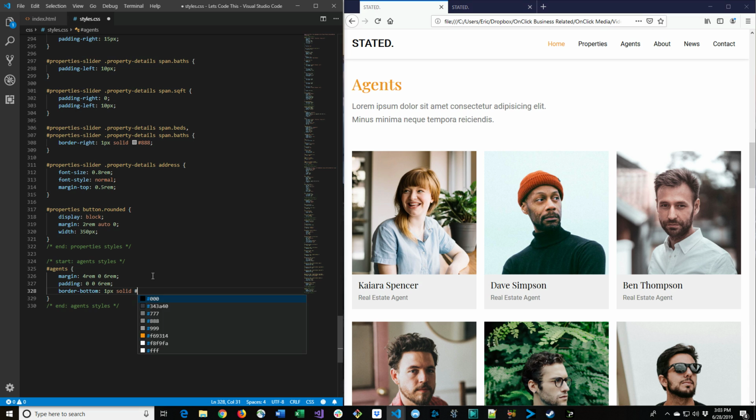Next, let's grab the large paragraph inside of the agents section tag. We'll give it a width of 50% and a margin bottom of 4 rem. And that's this paragraph here. We want that spacing underneath it, and we want it to be only about 50% width instead of stretching across the entire container. Okay, so next we'll grab the